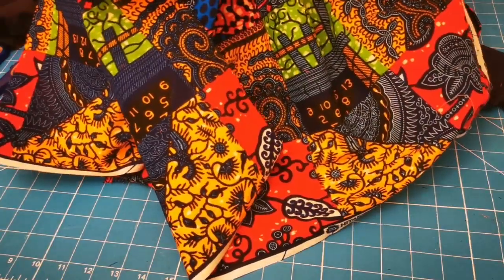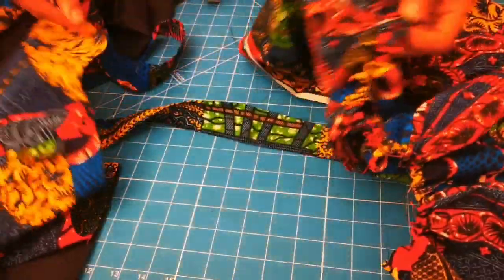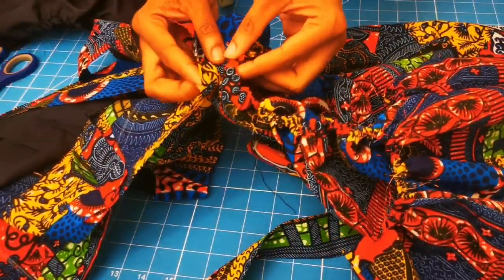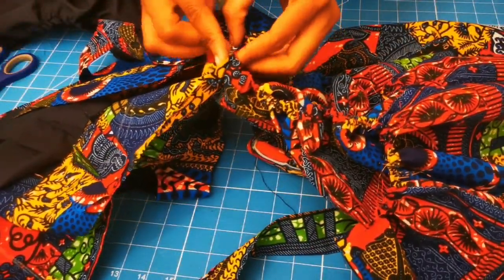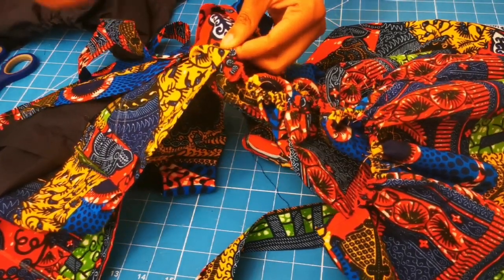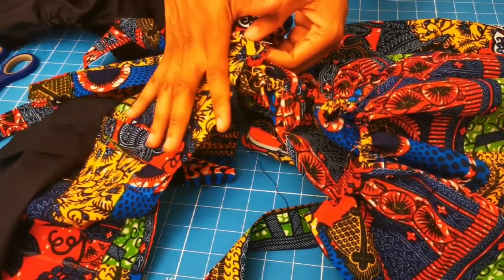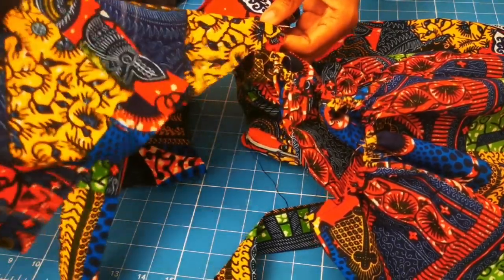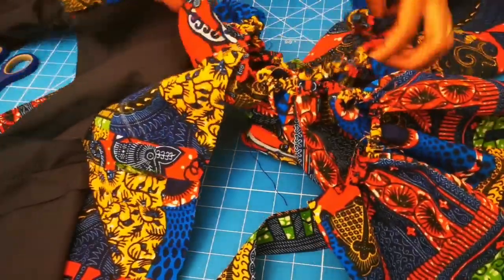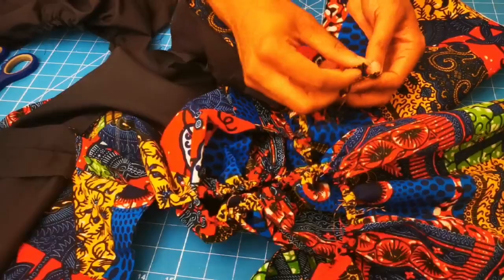Yes, here's the center. So I'm going to be matching right sides to right side like this, and I will pin this in place. Note that I'm pinning on only the Ankara fabric. I left the lining out. So I'm pinning this in place, and then I'm going to be stitching this together on a 0.5 inch seam allowance from this end